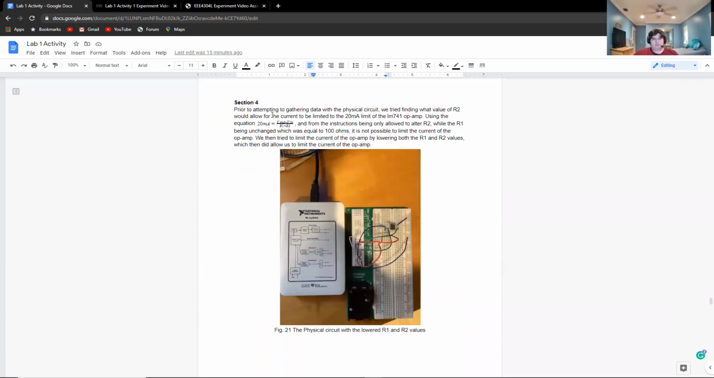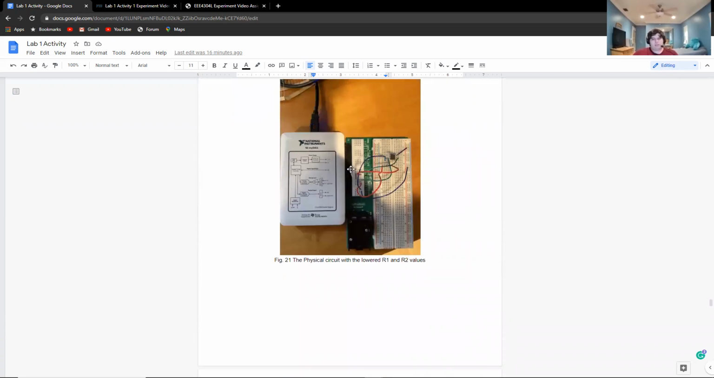As for section 4, the instructions stated to lower the value of R2, but since we used a value of R1 that was 100 ohms, which was too high to be able to do a current limit, we instead lowered both the R1 and R2 values. And by doing so, we were also using the equation 20 milliamps equals V out minus V in over R1 plus R2 to be able to find a voltage and resistances that were better able to show the current limit